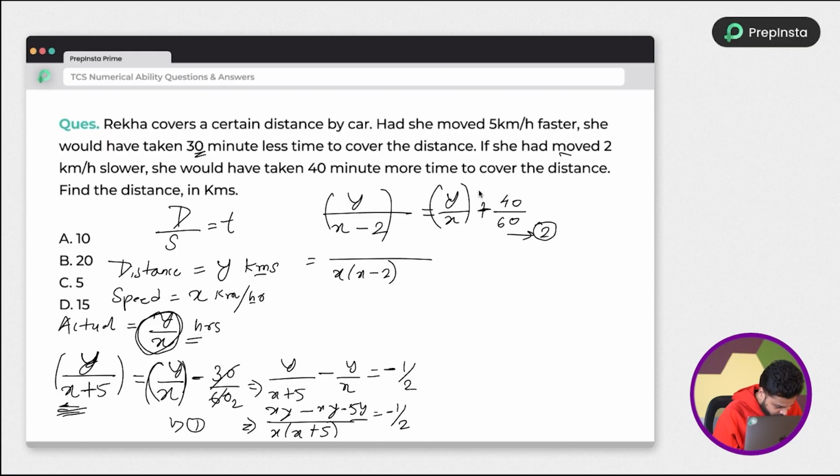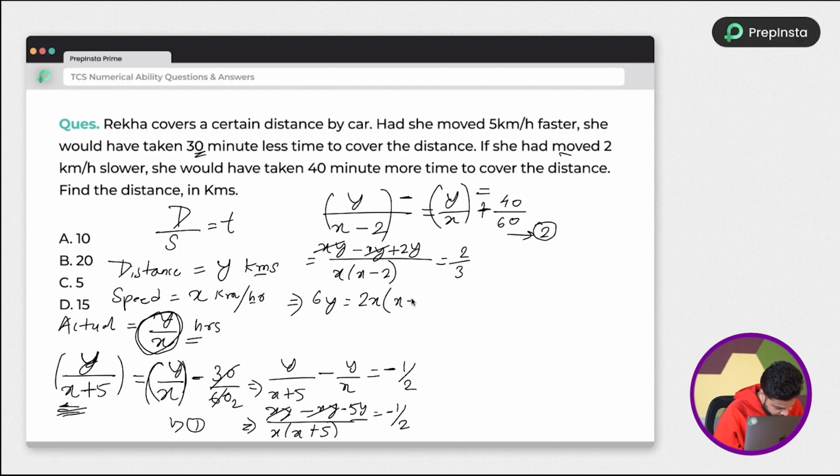I hope you guys are understanding, because this is a minus sign here and this would become equal. So this would become xy minus xy minus and minus plus 2y is equal to 2 by 3. xy gone from here, xy gone from here. So what I'm getting here in this equation is basically 6y, right? 6y is equal to